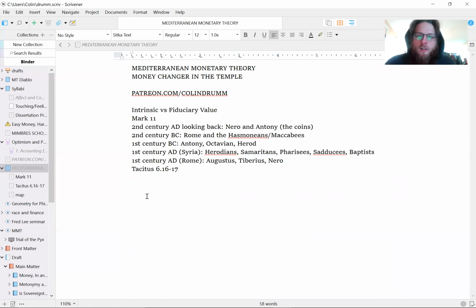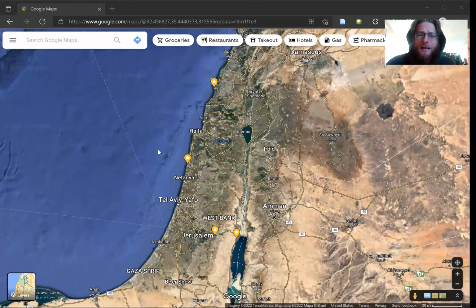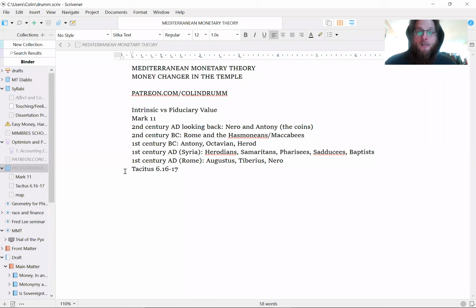And we're going to need to learn a little political history of the Hasmonean and Herodian dynasties, so political history of Syria. I'm going to refer to this whole region here as Syria, because that's what the Romans called it in this period. There's different names, right? There's Palestine, there's Syria, there's Israel, maybe there's Judea. There's all these different names. We're not going to worry too much about it. I'm just going to refer to all of this generally as Syria. So we're talking about southern Syria here.